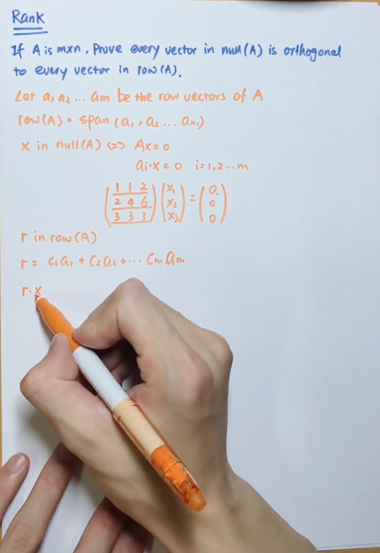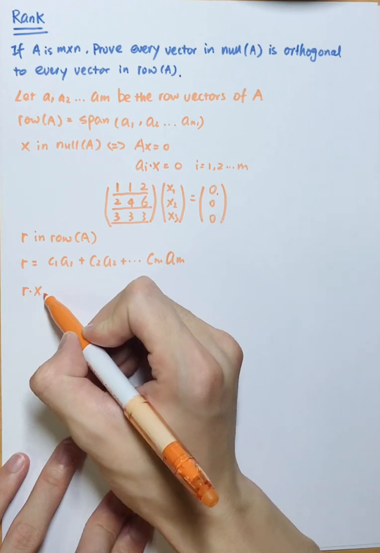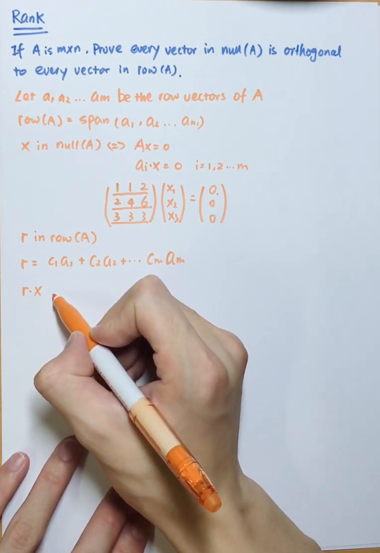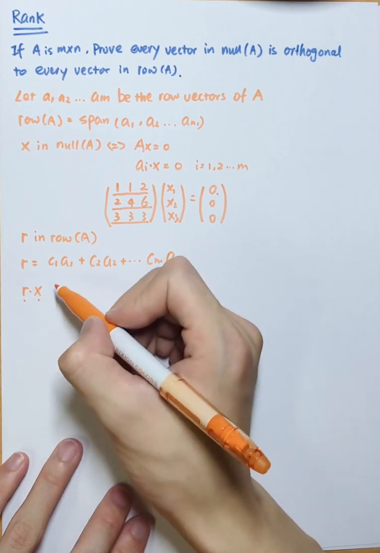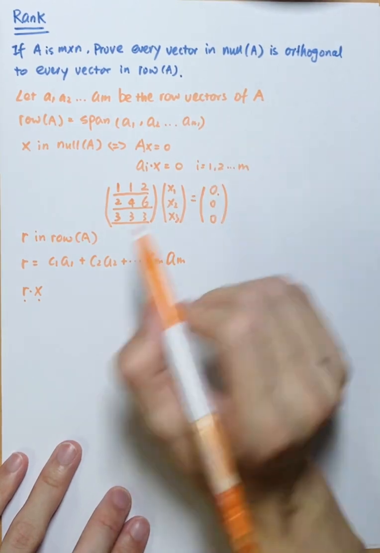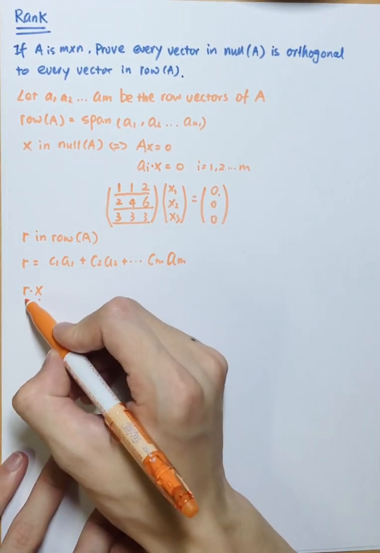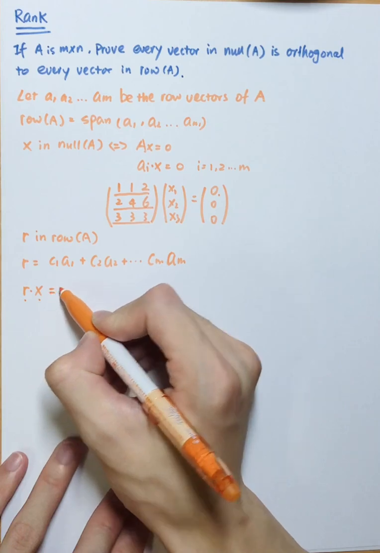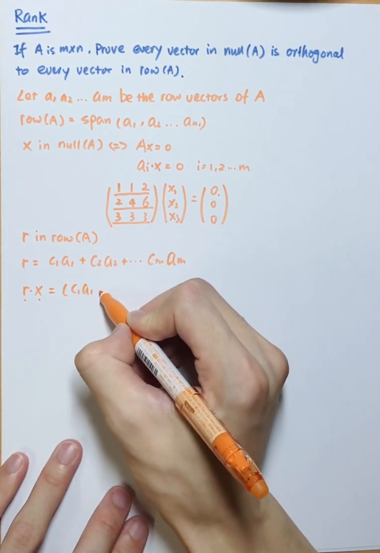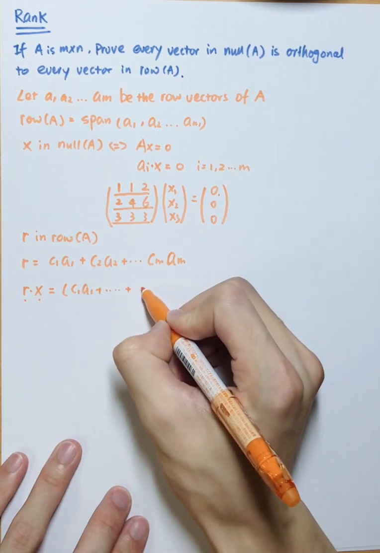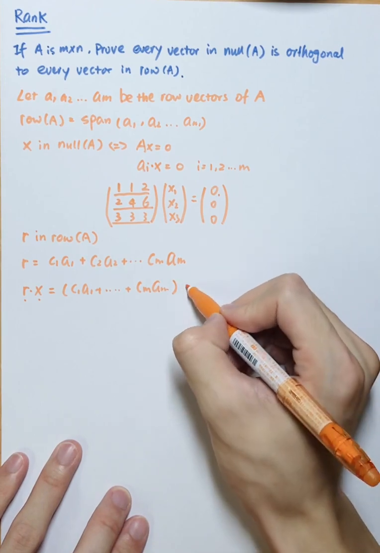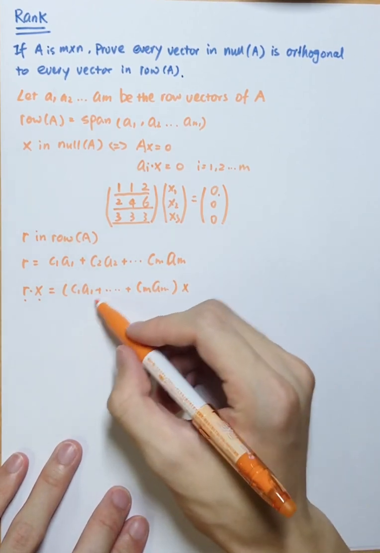Everything in the row space of A times this vector, which is in the null space of A. They are arbitrary vectors that satisfy the condition in the question, but we don't know the exact number of them, but we can compute. So it will be C1A1 plus ... CMAM times X,